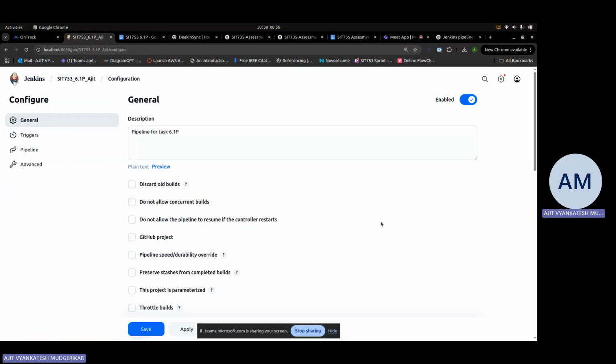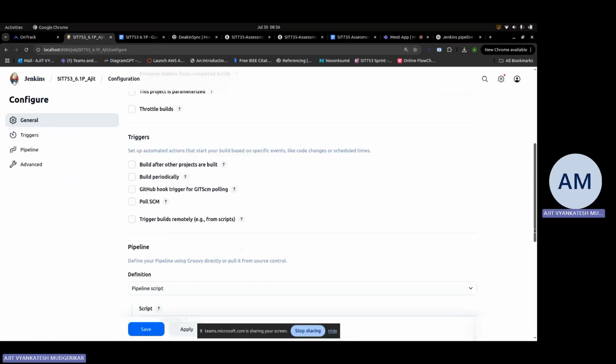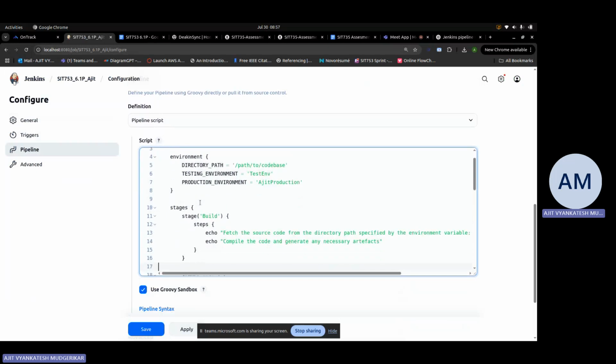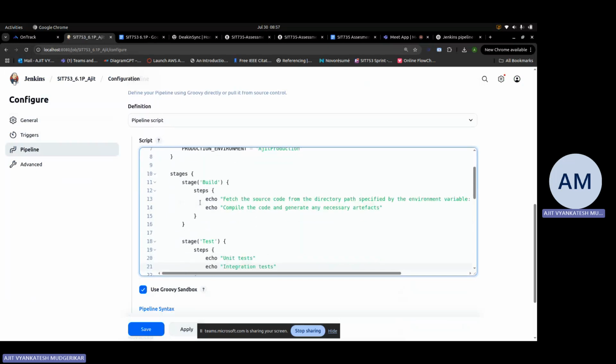So as per the requirements, I've created a pipeline script which looks as below. First we define the environment variables as per the task sheet: the directory path, the testing environment, and the production environment. They are random simulated names. So for now, in the first, the build stage, we fetch the source code from the directory path of the developer,